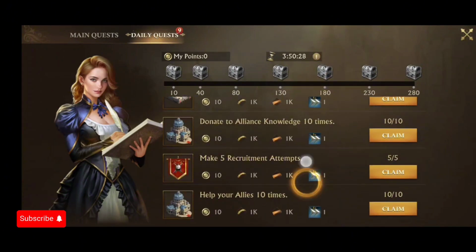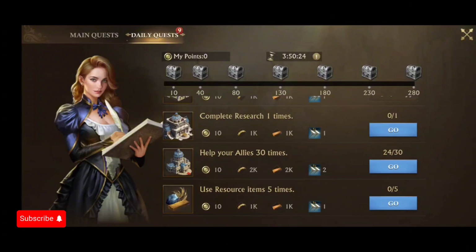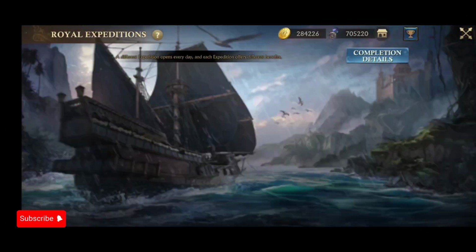Right here, the helps you need, what is it, like 40 a day, 30 a day. So you see I just hit it once, I got 24 right there because I haven't been on since last night. But make sure you do all these daily quests every day. That will help you with a lot of these things. Another thing you want to do every day